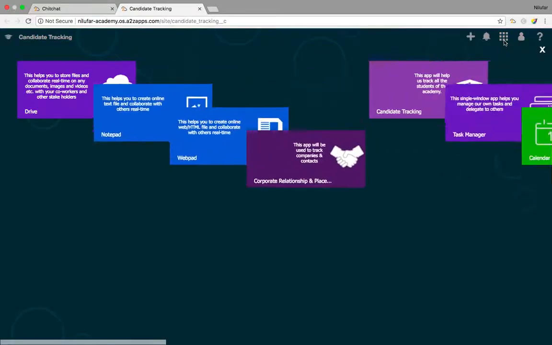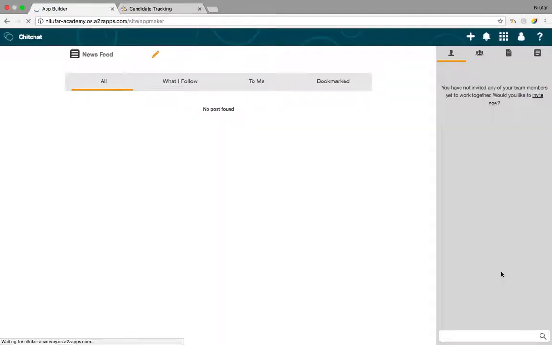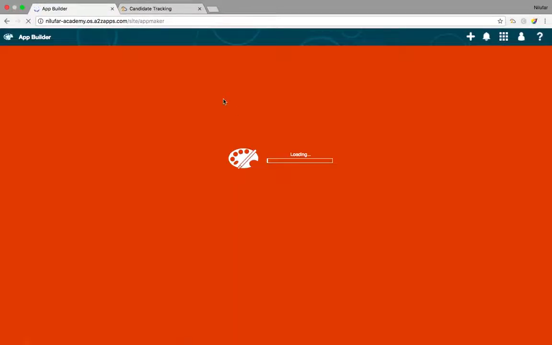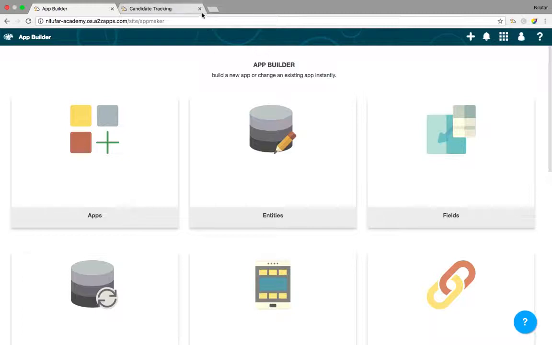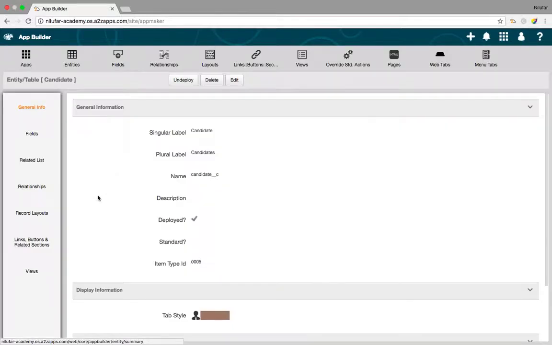So let me go to the app builder panel again. All right. Okay, over here I'll go to entities. And this is my entity, candidate. All right.